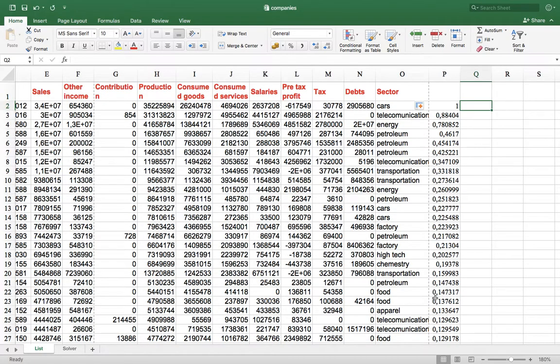Read this point carefully before starting to type. Fill column Q with "indebted" if debts is larger than salaries and the company does not belong to the car sector. Fill it with "cars" if the company belongs to the car sector. Fill it with a dash in all other cases. Honestly, it's better to start with the cars. If you want, you can start with the other one, but it will be more cumbersome. So if you start with the cars,